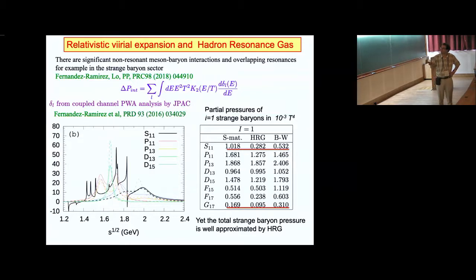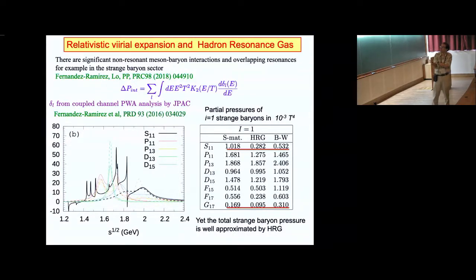So what has been done is that we took the phase shift from the partial wave analysis by the JPAC group. That's the Joint Physics Analysis Center in JLab, which takes all the data on scattering of different processes and tries to do a partial wave analysis to get a phenomenological understanding of the scattering processes and the scattering phase shifts. So from that, you could calculate the S matrix. Once you know the phase shift in different channels, you could plug in and estimate the corresponding contribution